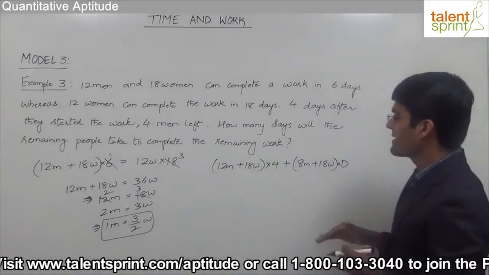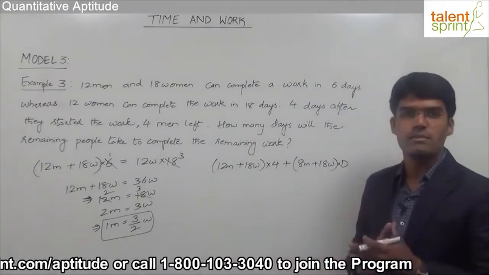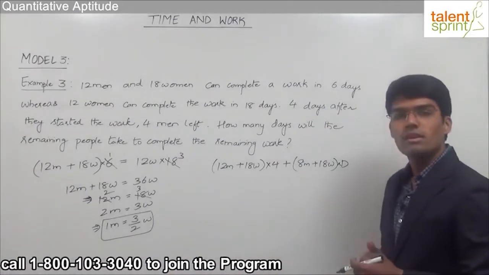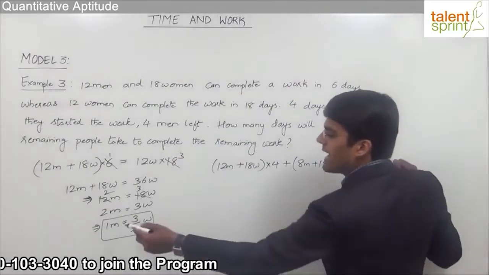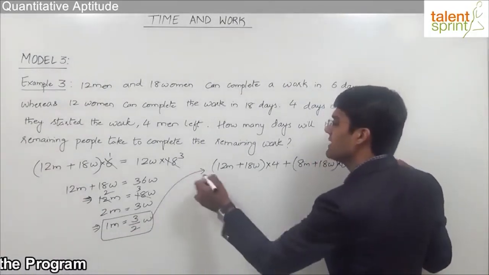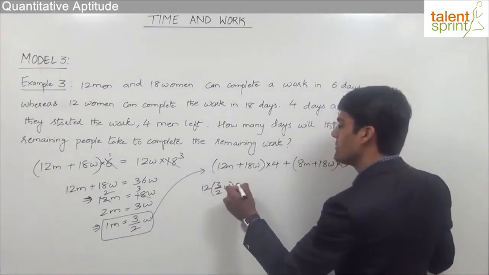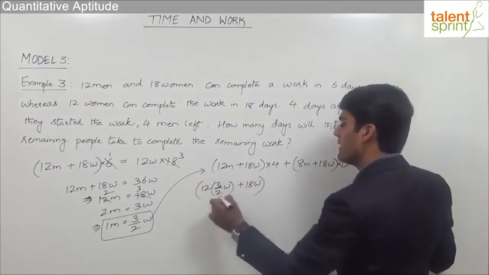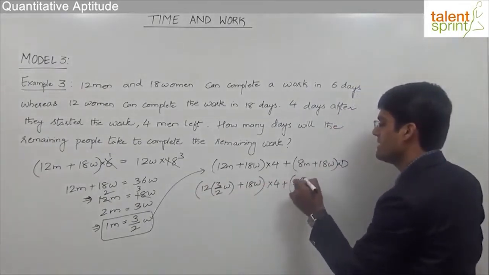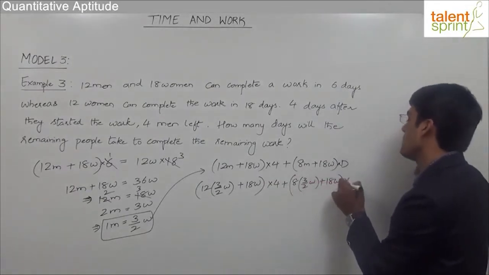Now to solve this question, as I've already mentioned, we first need to convert the complete thing only in terms of men or only in terms of women. So let us try to take this only in terms of women. Now we know that 1 man equals 3 by 2 times a woman. So let us use this in this equation. So we get (12 into 3 by 2 times women plus 18 women) into 4 days, plus again 8 men can be taken as 8 into 3 by 2 women, plus 18 women into the number of days required,